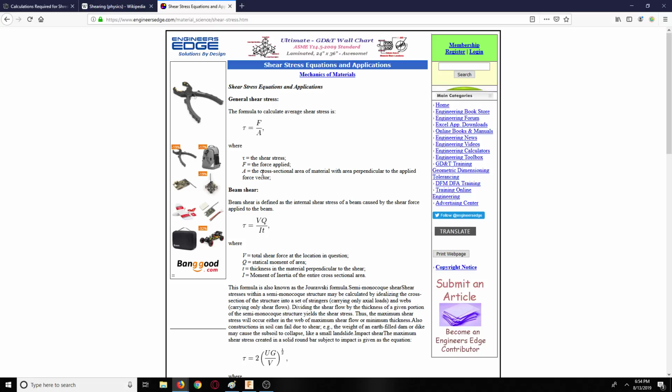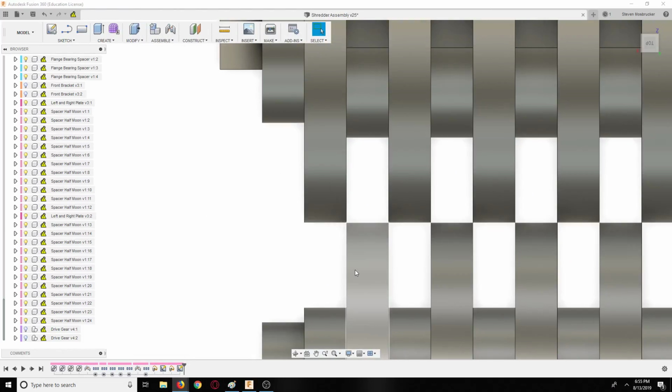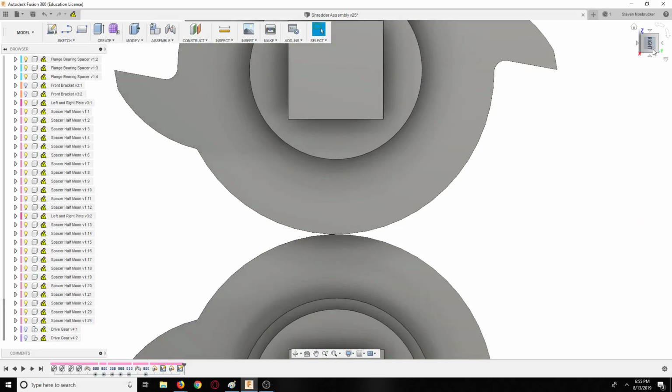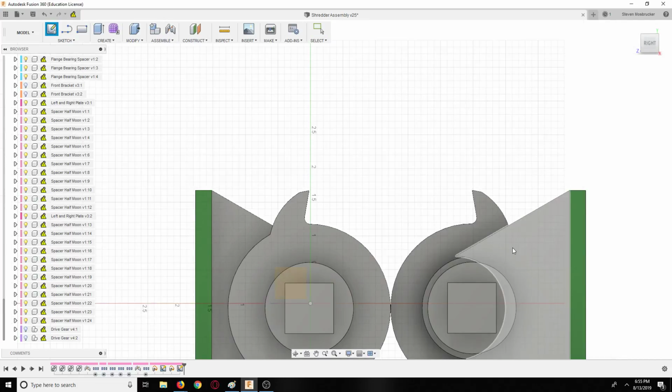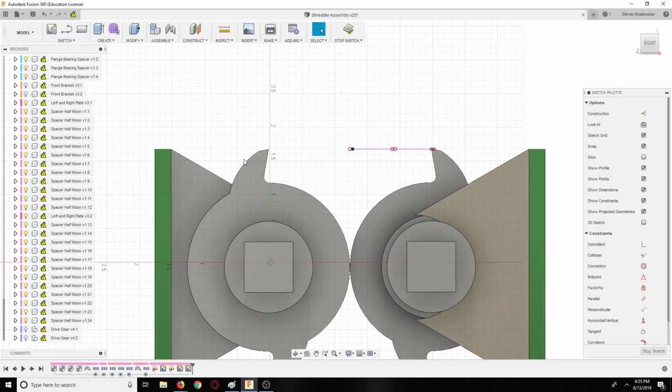So really what we're going to pay attention to is the cross-sectional area of material with area perpendicular to the applied force vector. I don't know why it says perpendicular; it's supposed to be parallel with the force that is being applied. So basically, this is why I was saying that it should be estimated by a triangular shape. Let's say that we're in Fusion here and we create a sketch. Let's project this, this, this, and this. So in this current